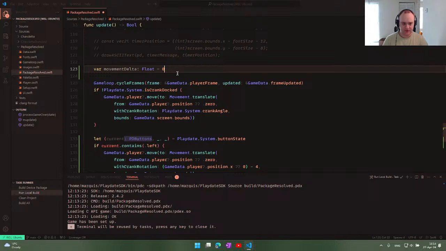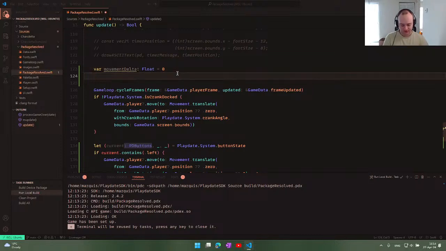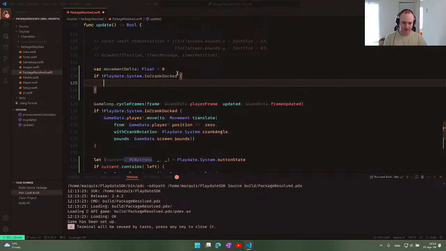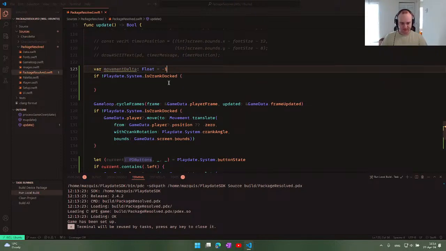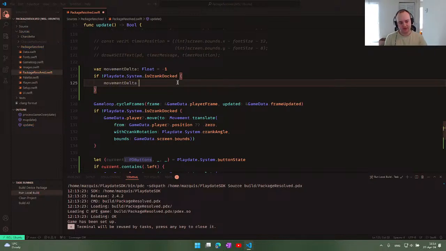Float is 0. Now, if Playdate system is crank docked, actually, let's set it to an impossible position, -1. Then we say movement delta is,